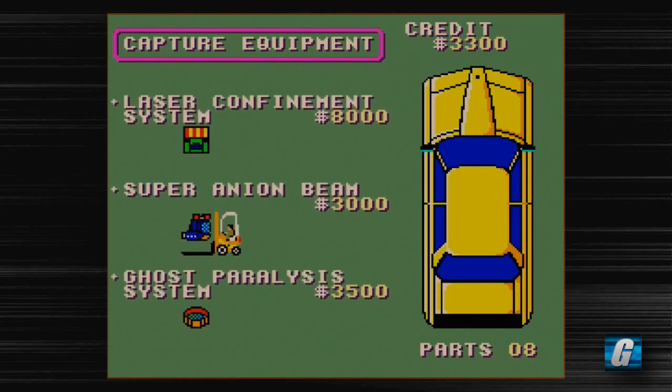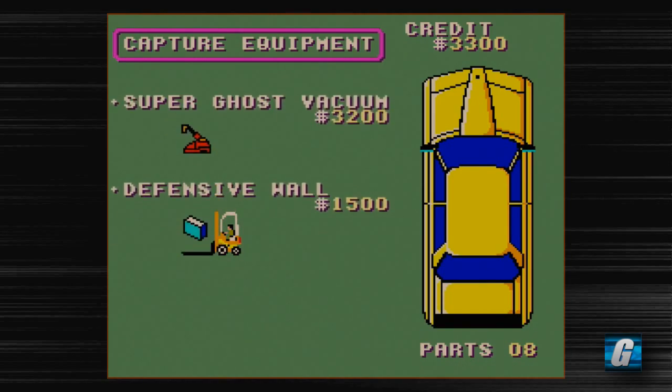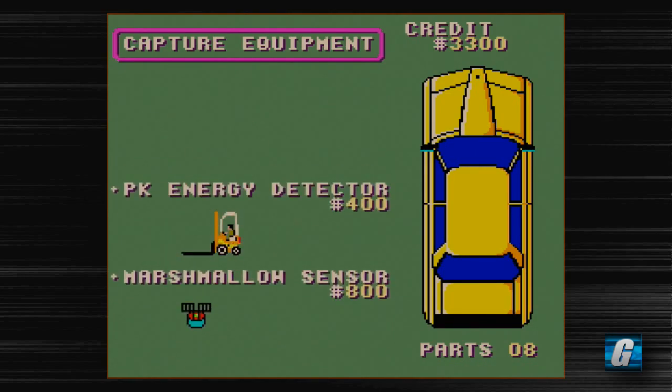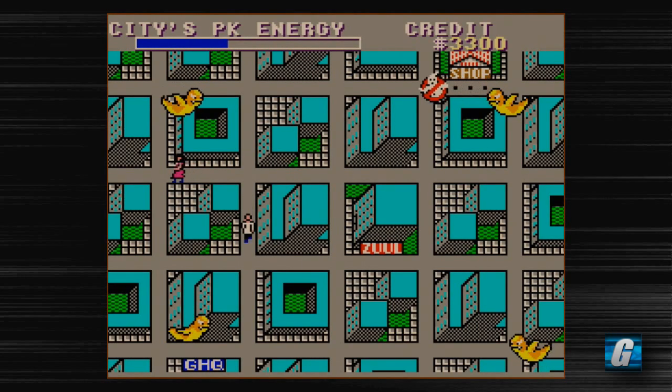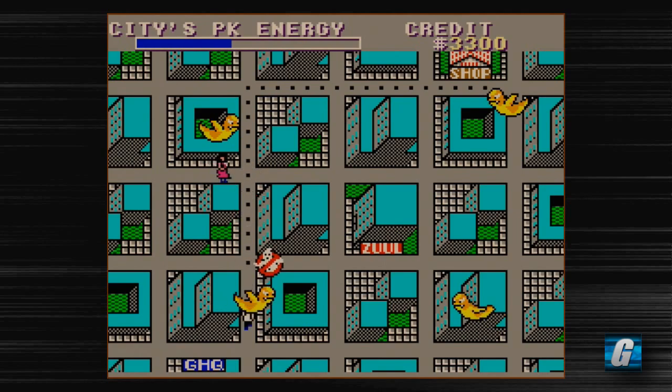Laser confinement system. We might want the laser confinement system. Again, everything else is just kind of not really necessary, so I just figured I'd go here to kill some time, because obviously not much is happening right now. There aren't really any flashing buildings or anything. And we pretty much just have to wait for that. But I'm still getting money for